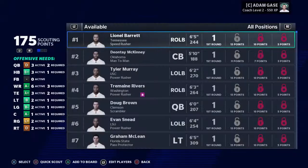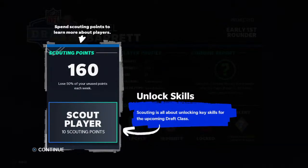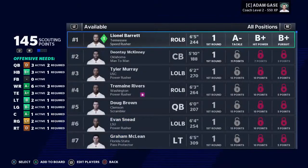Here's a list of all the players that will appear in the upcoming draft. Select to scout this player and unlock his best skill. Each skill unlock will cost you scouting points. Unlock this player's true skill ranking to see if he is a diamond. You just found a diamond in the rough. Other teams...